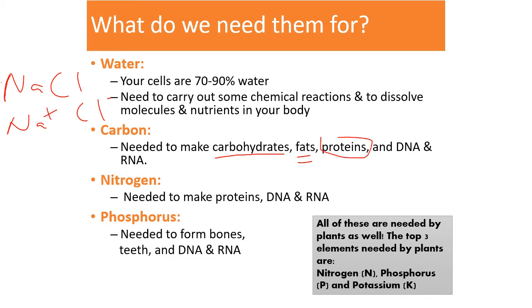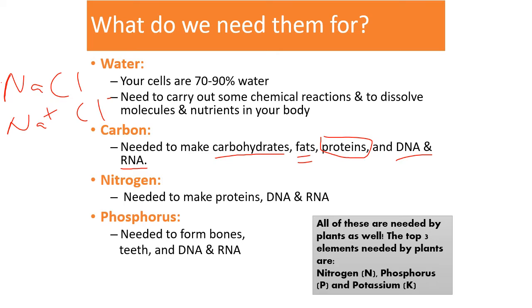Proteins, these are what makes up most of your body. In fact, we'll eat protein from other animals, break down their amino acids, because proteins are made up of amino acids, and then use them to make our own protein. So your hair is made out of protein, your skin is made out of protein. Pretty much you are made out of a lot of proteins. And then, of course, DNA and RNA, which go over everything that makes us alive and is the genetic code for everything living.